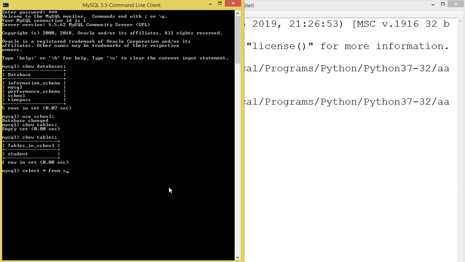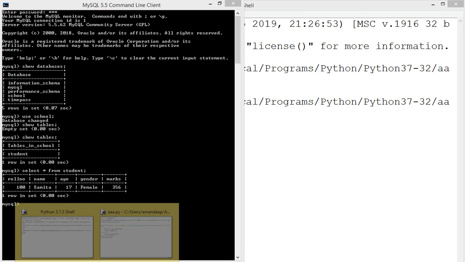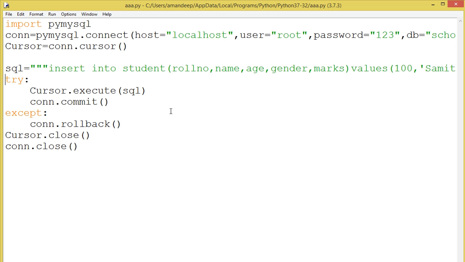the output, select star from student. Now you can see the output. Okay, you can see the output here. Okay. Now what is the meaning of